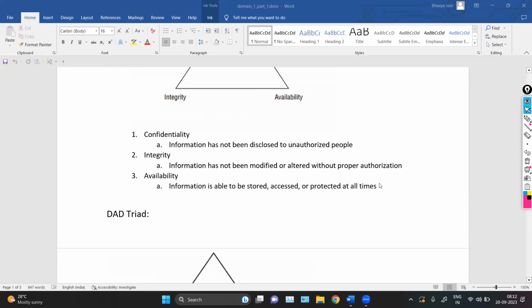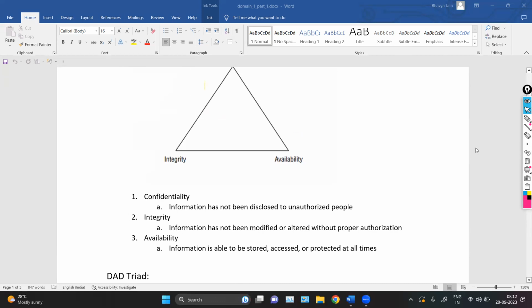Then the CIA triad is all about, it is a base rule of cybersecurity, or we can say CIA is the pillar of cybersecurity. Basically we have some more pillars that we will discuss later, but for now, these are known as the pillars of cybersecurity. So whenever we are applying security anywhere, we have to ensure these three pillars. First, confidentiality, which is about unauthorized disclosure of the information. Integrity is about unauthorized modification of the data, and availability is that your data should be available. So these are the three pillars of cybersecurity.